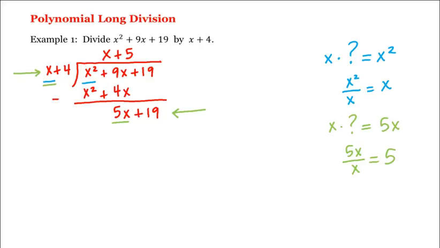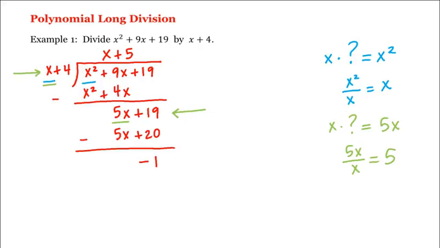And now we multiply 5 by the entire divisor, x plus 4, which gives us 5x plus 20. Again, we'll subtract. 5x minus 5x is 0. And 19 minus 20 is negative 1. And now the degree of negative 1 is 0, which is smaller than the degree of the divisor, so we're